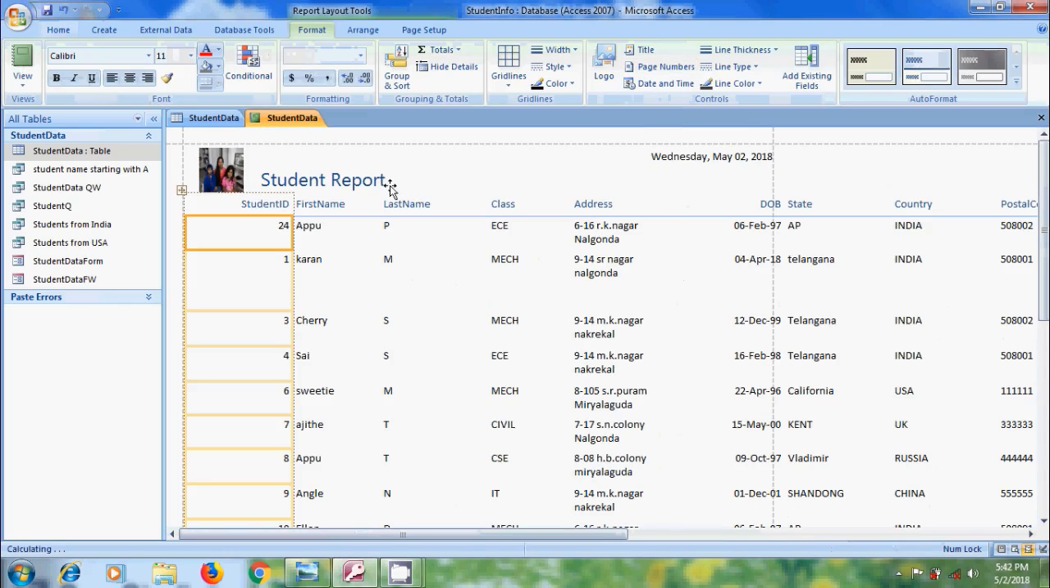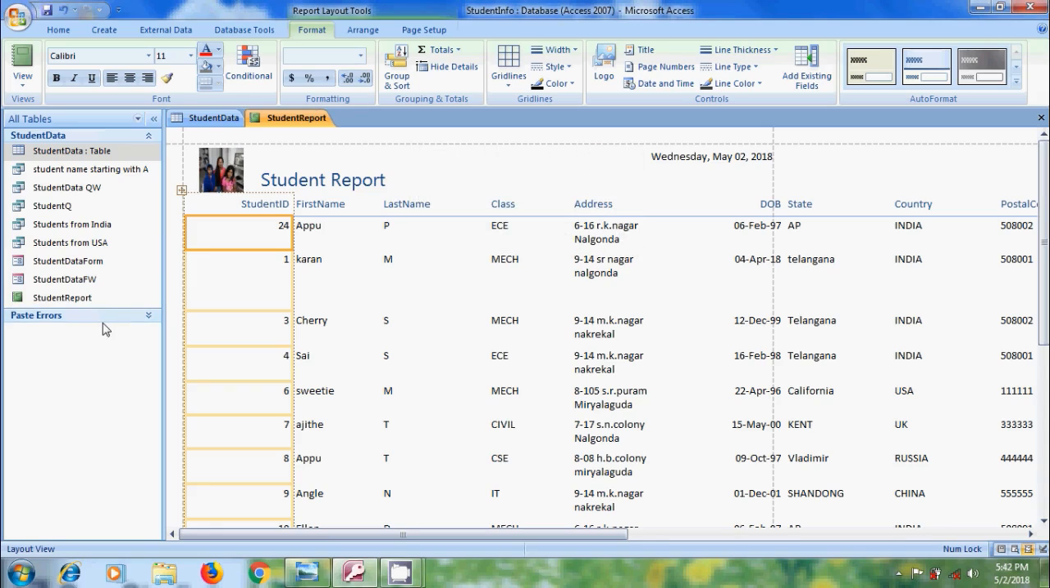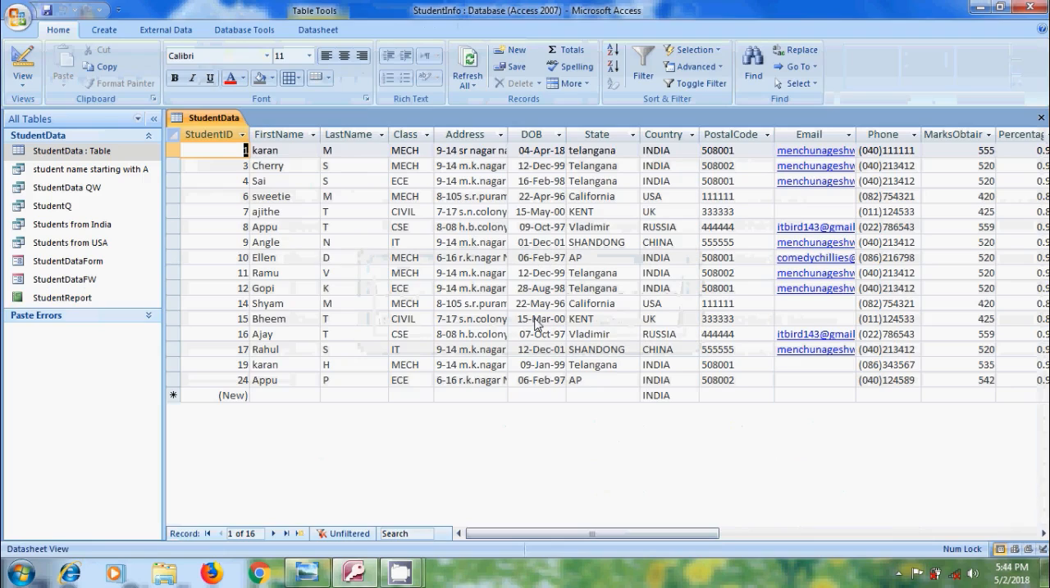Close the print view, and to save the report, please click on the floppy icon or use the Ctrl S shortcut on your keyboard, and please select a name for your report. OK. We can open this report in future from the navigation panel. Close this. To take a report of students from India that we prepared in the previous tutorial using a query,